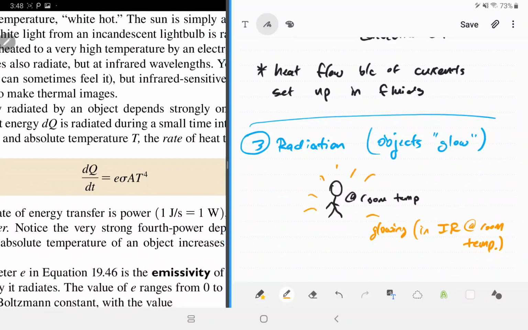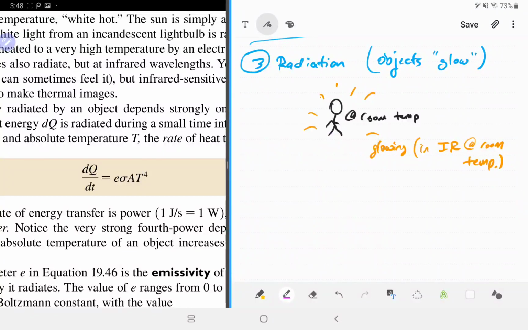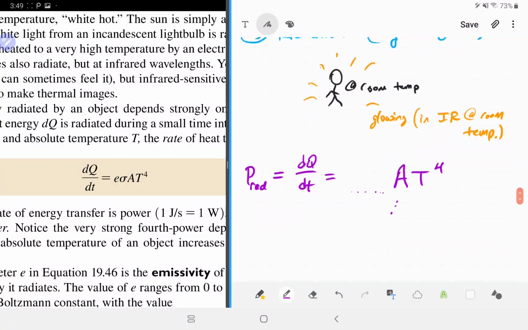So this equation right here, which talks about how quickly objects give off energy in the form of radiation, is strongly dependent on temperature. So let me write down this equation. So this is power, radiation, power given off by radiation, or dQ/dt. So there's going to be a couple constants. Let me hold off on those. And then A times T to the fourth. So the A is the surface area of your object, surface area. So the person has some surface area, maybe 0.1 square meter, order of magnitude 0.1 square meter or 1 square